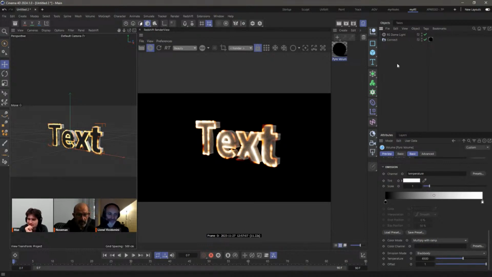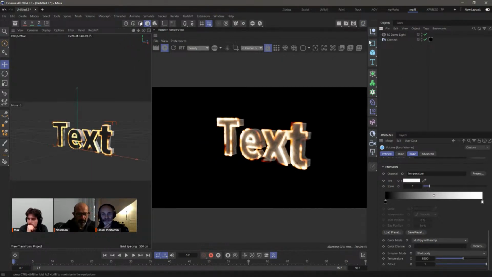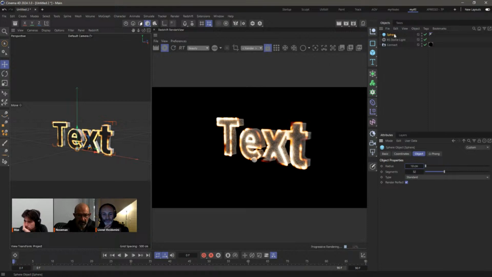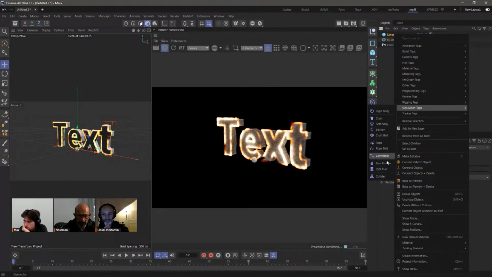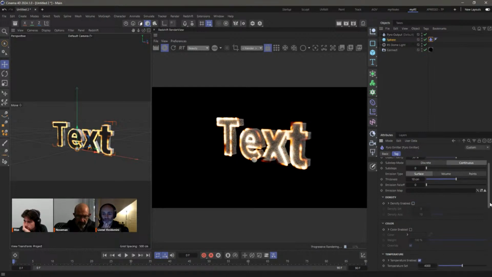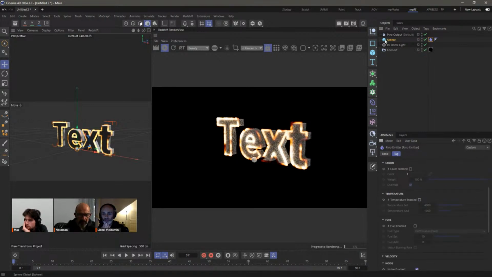Anyhow, so what can we do now? Well, here's a nice little trick. Make a sphere, any sphere. I'm just going to make it small because it irritates me. Add a little Pyro emitter parameter and turn all the parameters down. So turn this off, turn this off. It just requires an object with a Pyro emitter to activate Pyro, okay?